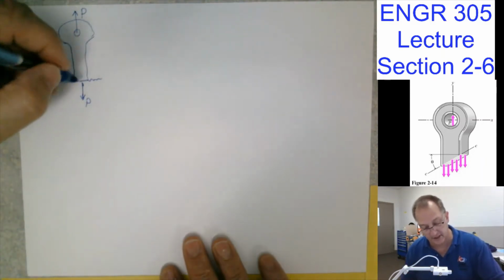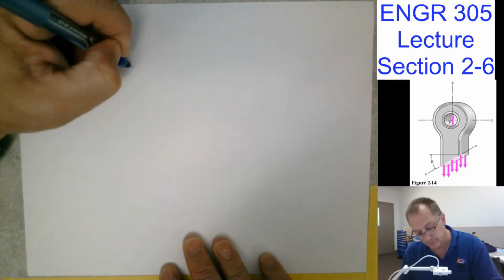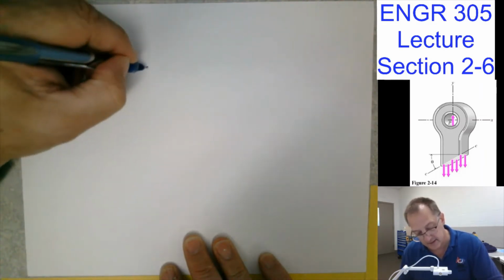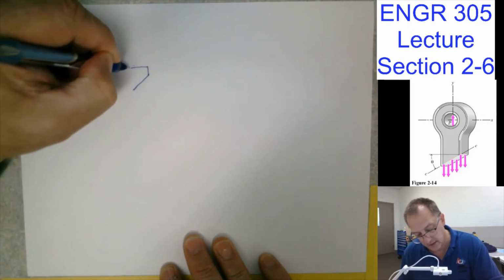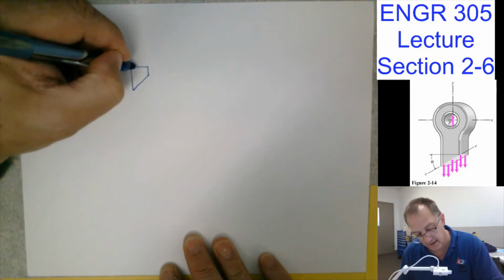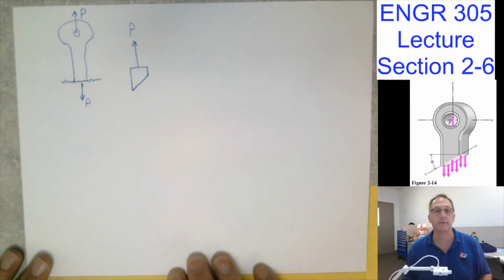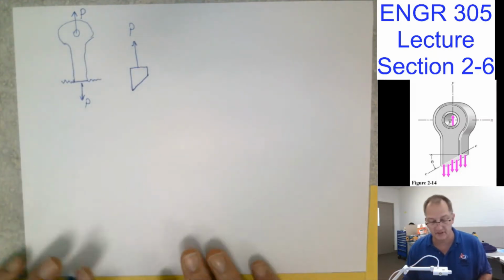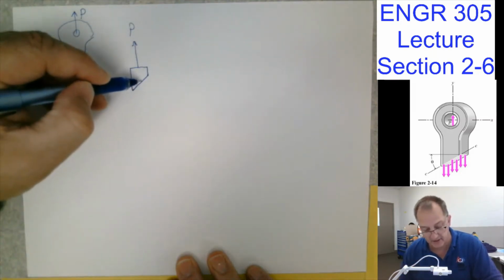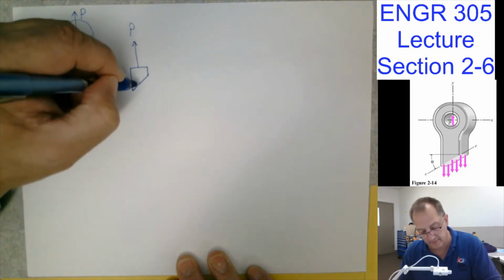Well, I'm actually going to cut it now this way. We're going to look at it not all the way to the top. We'll just start here. We'll go down a little bit and we'll cut it like this. So now I've got that force acting up, that's P. And in order to have this work, there has to be this equilibrium force, but I don't want to describe it as